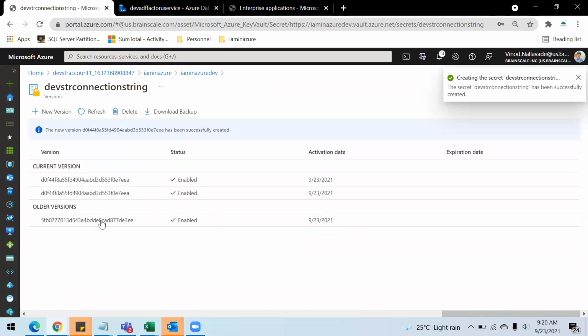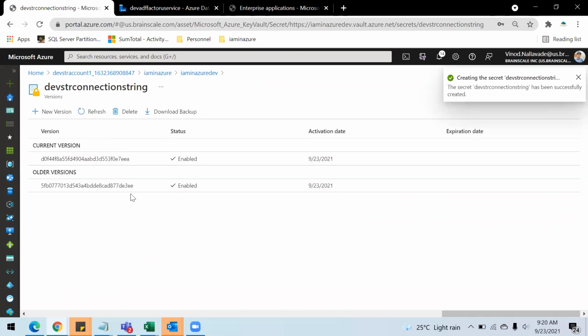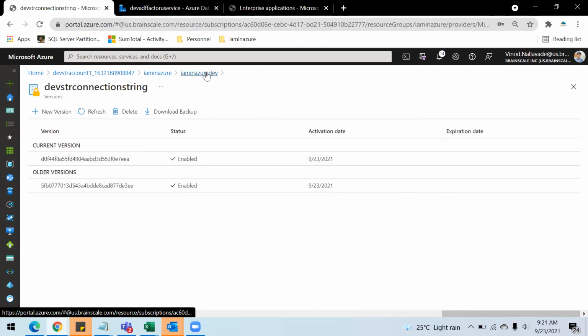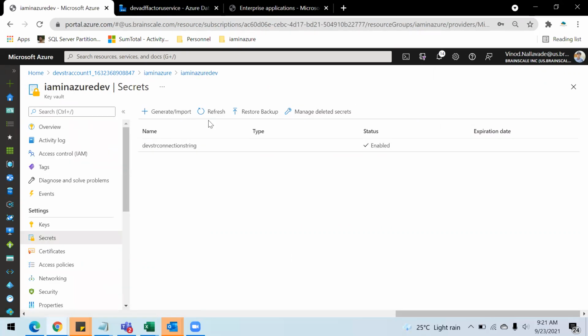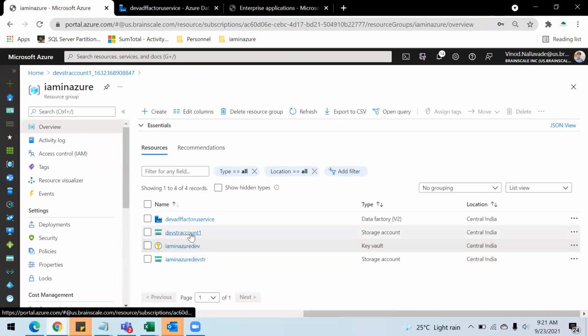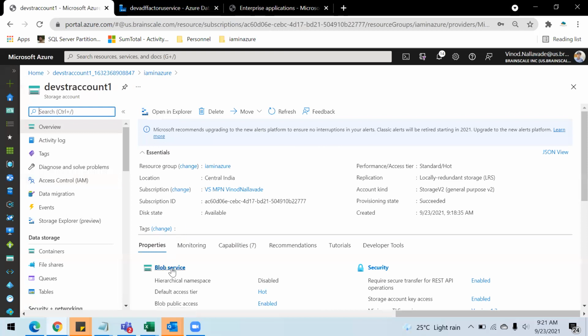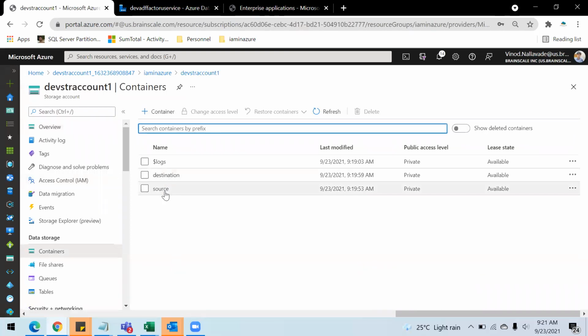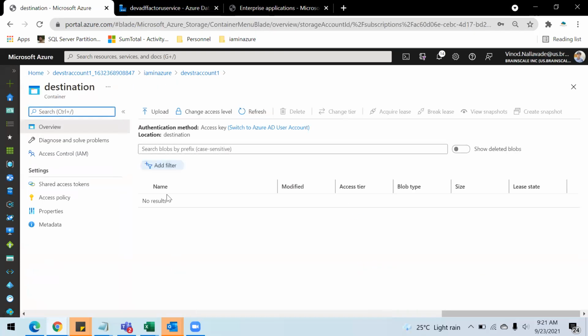If you see now, this is enabled. You have the older value, which is your older storage account, and now this is the latest one, in enabled state. Let's run this pipeline again and see if the copy activity is done and the file is copied to this new destination.